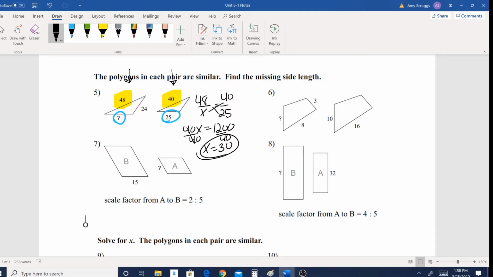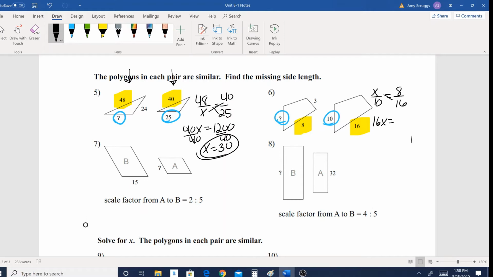All right, for the next one, number 6, of course we have 6 and 8. Those are corresponding, and we'll use this side that we're looking for, obviously, and 10. So this time I'm going to set it up a little bit different. I'm actually going to say x over 10 is equal to 8 over 16. And that's fine. You can do that, like I said, as long as the sides are corresponding and they go